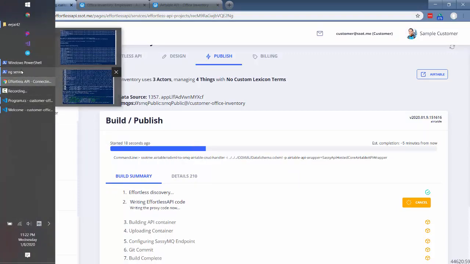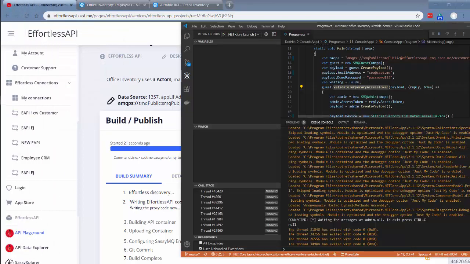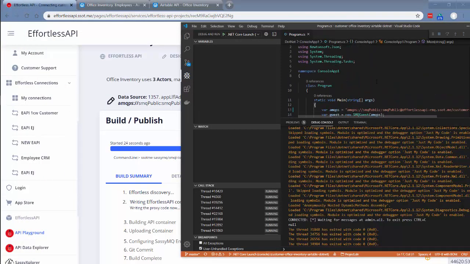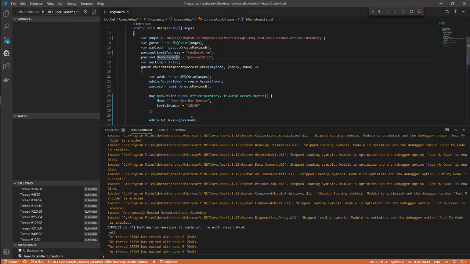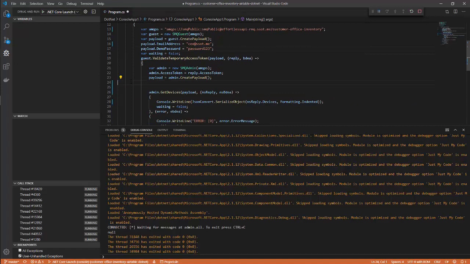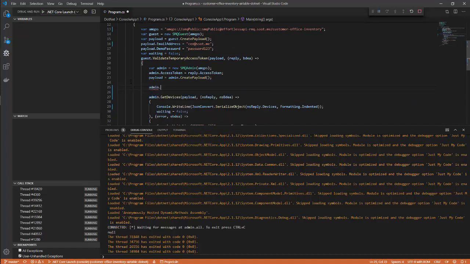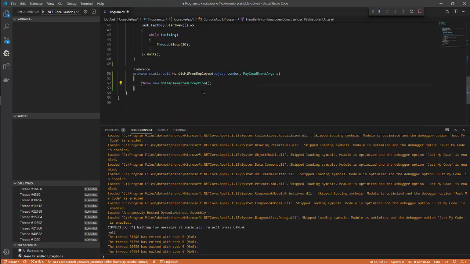In the meantime, let's continue looking at our .NET code. In addition to being able to add new devices, admin can also decide what to do when an employee says hi. So we have an event handler, employee hi admin received, and we can write a handler, handle hi from employee, and so we get a handler that will run every time an employee says hi admin. This code will run, and we have access to anything passed into the payload, including devices, employee information, furniture information,